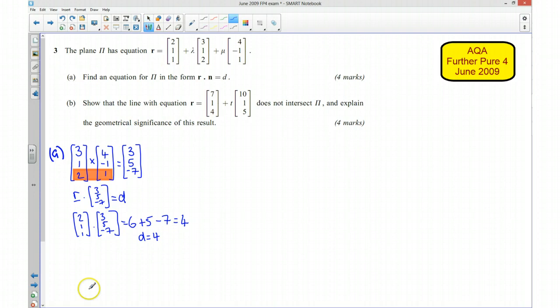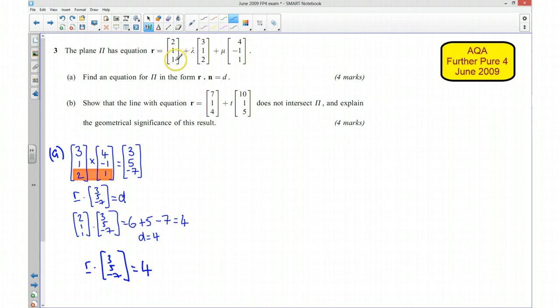And my final equation is going to be r dot (3, 5, -7) is equal to 4. Okay, now just to highlight, I chose (2, 1, 1) for convenience because that happened to be a point that